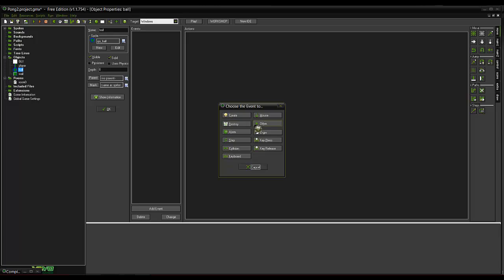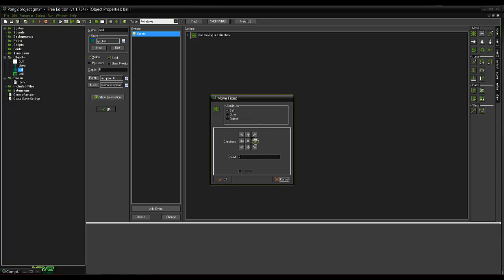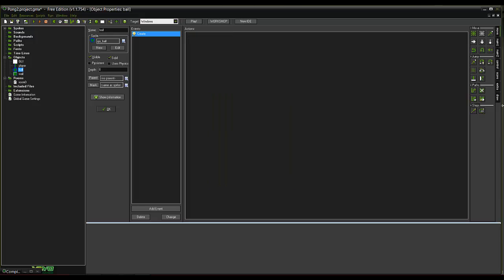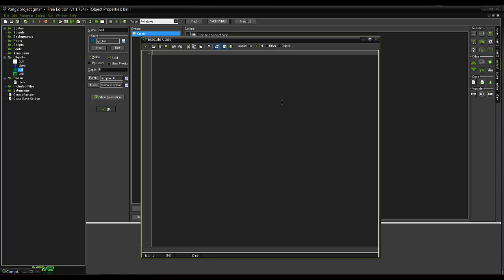So the next one we've got is our ball. In the create event, if you remember last time, we used this here to move him and set the speed, and we also set the impacts. We're going to go into the control again, execute this piece of code. Now, direction equals